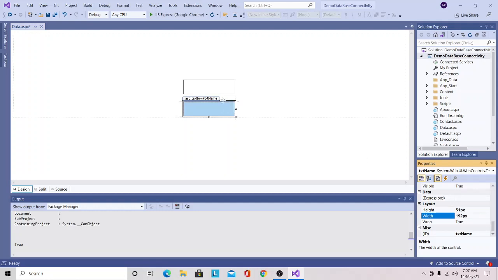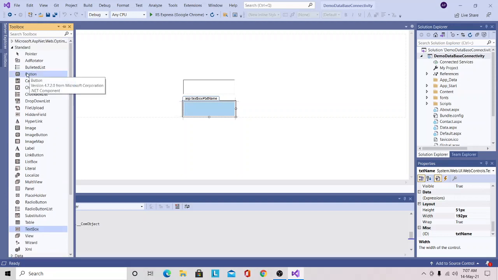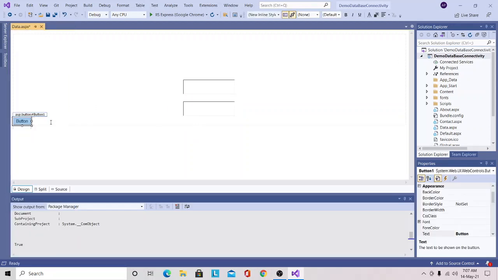So now the height and width are same for both the textbox server controls. Then I will drag and drop button server control. Here I have dragged and dropped button server control.